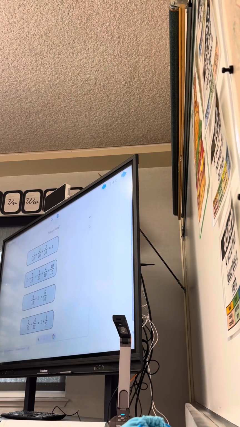Okay, this one's a little trickier. It's true. Because it would be the 2/10 plus 10/10 equals 1. 10/10 is 1. 2/10 is equal to 1/5. Because 1/5 times 2 is